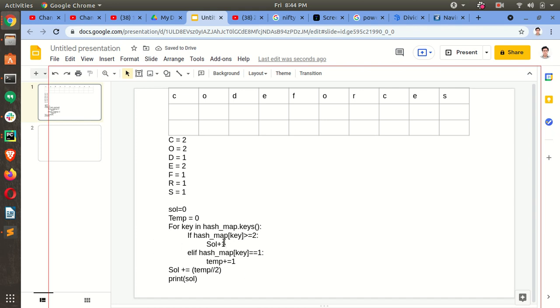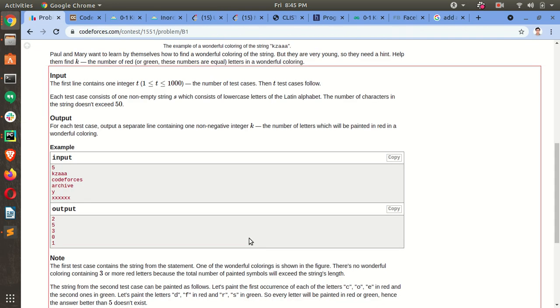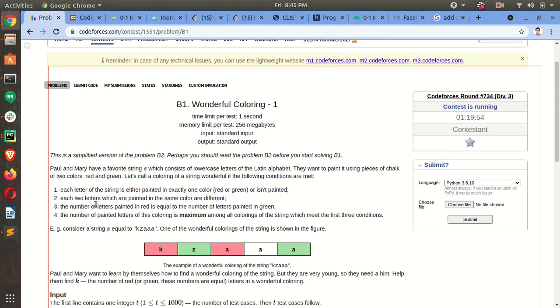For each character whose count is greater than or equal to 2, we will consider it, and since it is at least 2, one character we will color red and one green. Now we can't color other copies of it, since there is a constraint that each two letters painted in the same color are different.